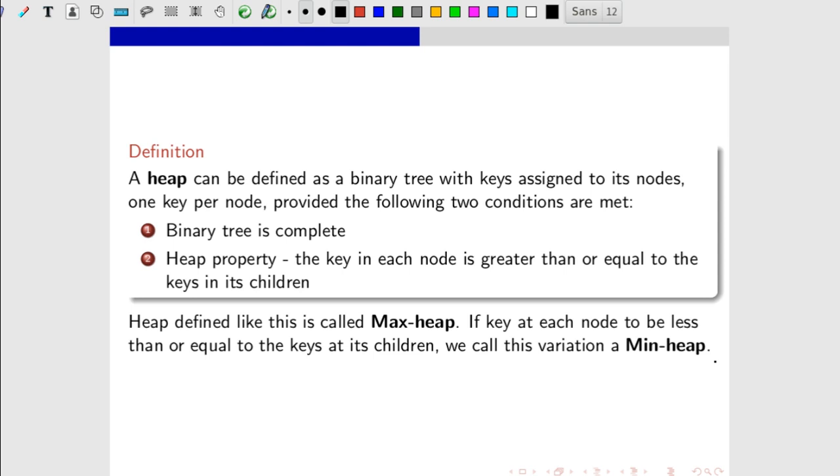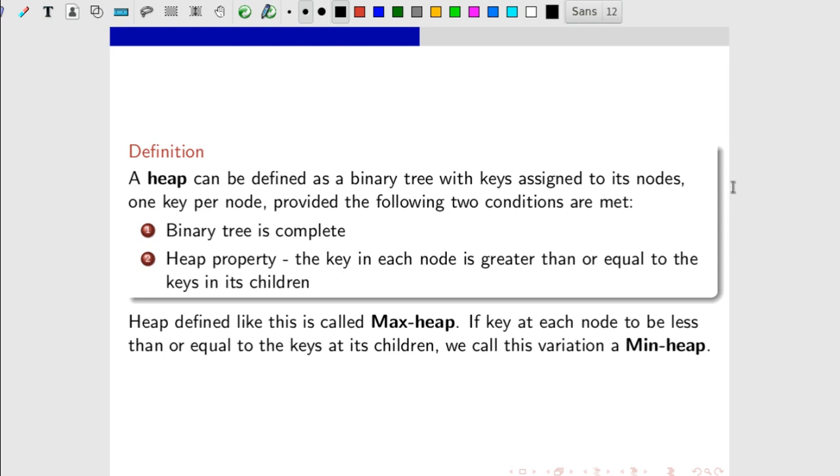That is, the value of a node is at most the value of its parent. Thus, the largest element in a max heap is stored at the root, and the subtree rooted at a node contains values no larger than that contained at the node itself.